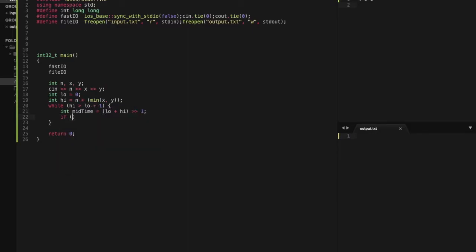The idea here is, once I find this mid time, I'm going to check: is it possible to generate n copies in the mid time? If it's possible, then I can move my high pointer to mid time, because high always refers to a time in which it was actually possible to generate n copies. So let's say I can write a function like is possible,